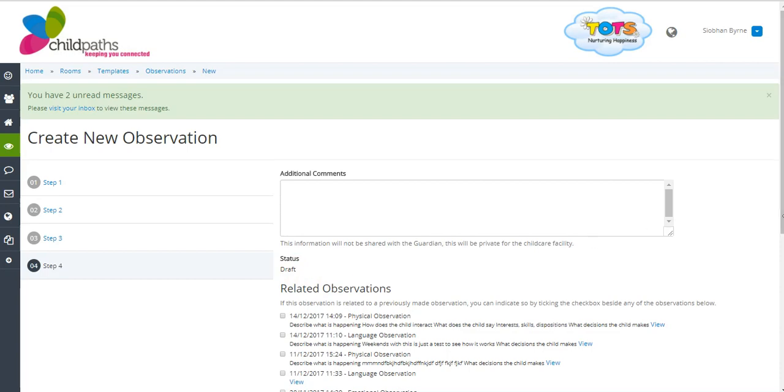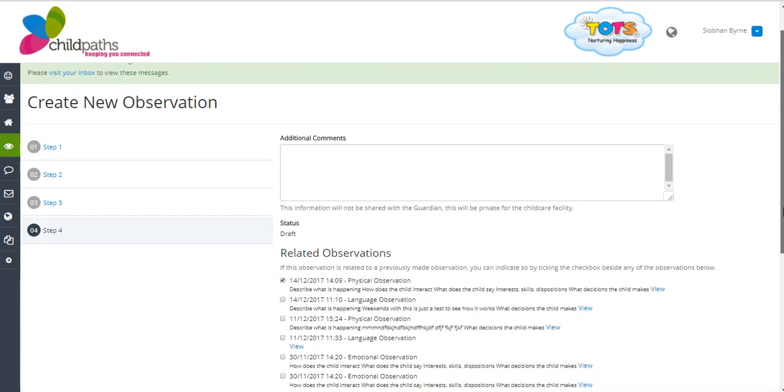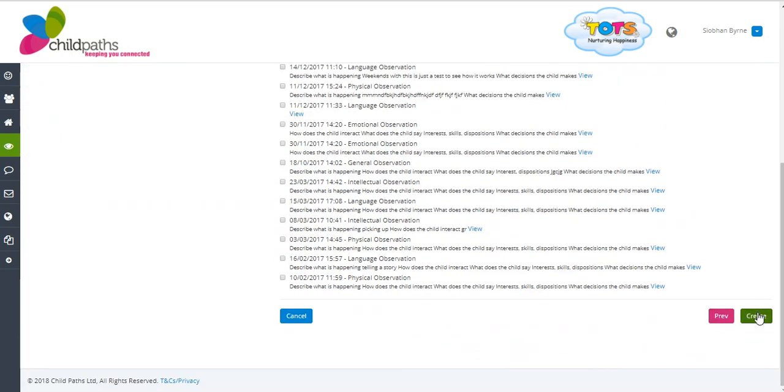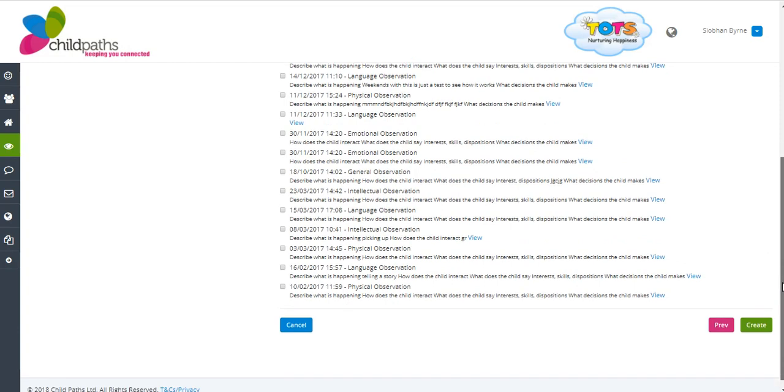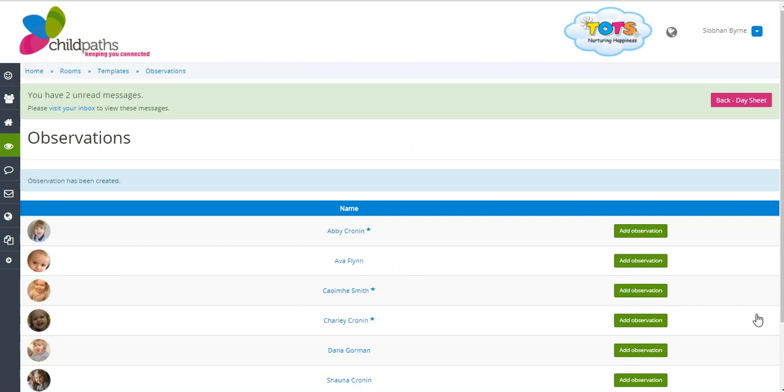But the other great thing with ChildPaths is that these are all related observations. Again, these are just examples, but these are from, let's say, previous months. And the beautiful thing that you can do with ChildPaths is link your observations together. By clicking on one of these buttons, you can view the previous observations, and to link them together, all you're doing is clicking on this button. If that's the one you want, you go down to the bottom and hit create. What that does is create an observation that has a link to the previous observation, and it means that when you're going in to show your manager or the inspectors how Abby got on, or whether there was an issue or concern,